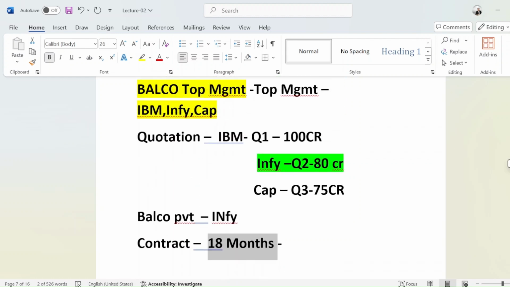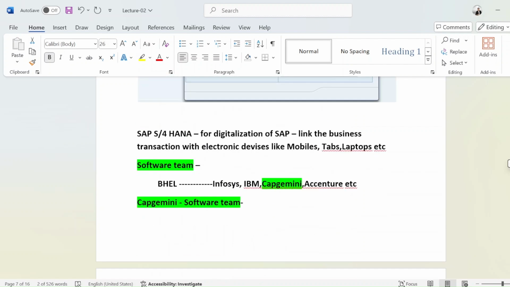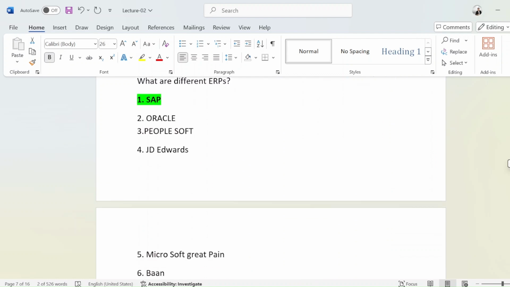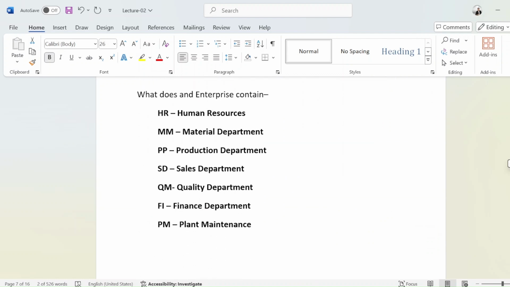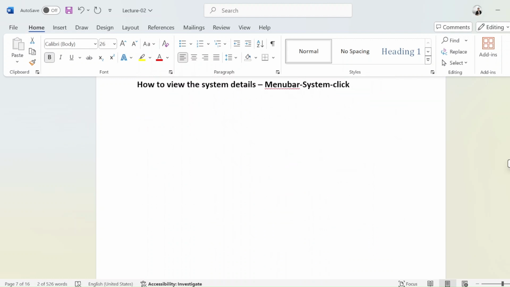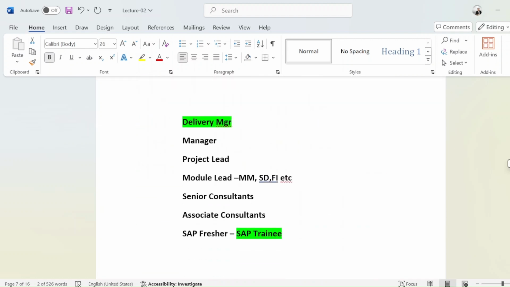Let me also tell you what the hierarchy is like. Once you join a company after completing the course, which position will you have? First, as a SAP fresher, you will join as a SAP trainee. Then after 2 to 3 years, you will be promoted to associate consultant, then to senior consultant after 5 to 6 years at least.